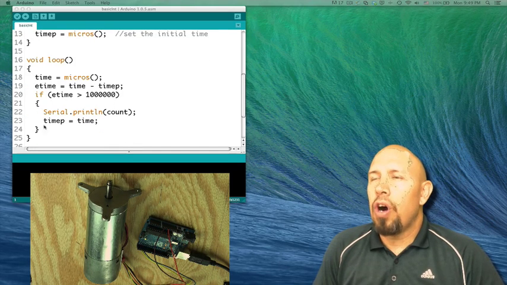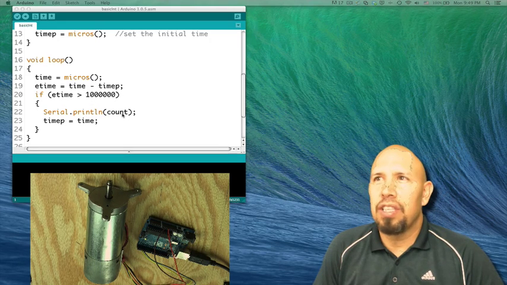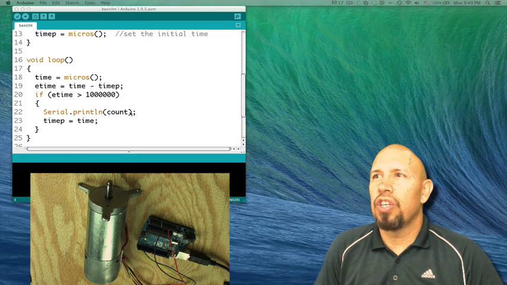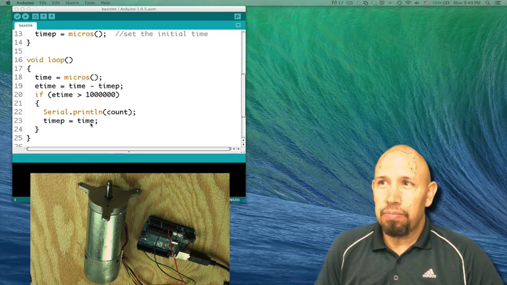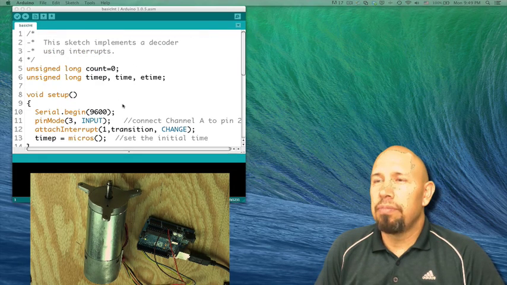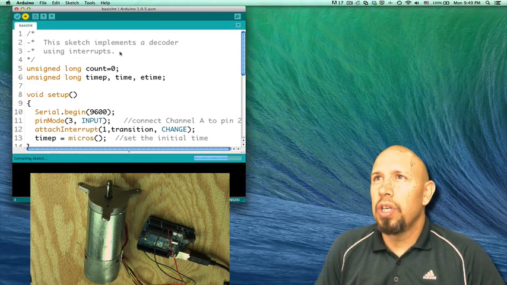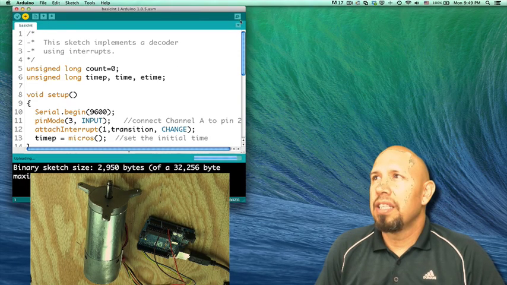In the loop, all this does is every 1 second I print out the count. So that's all that the loop is doing, it's keeping track of 1 second. When 1 second occurs, it prints out the count value, and then it continues from there. So that's the program. So I'm going to compile it,